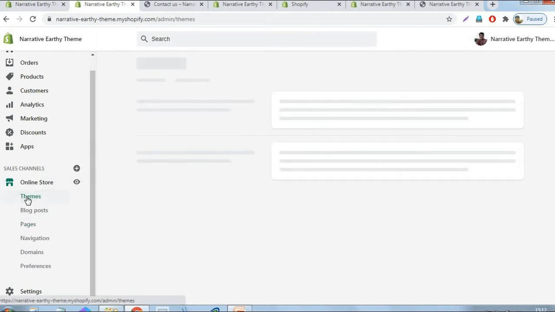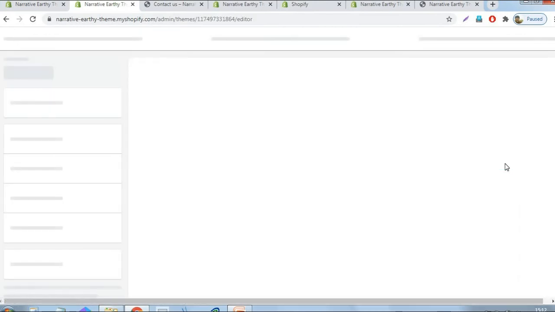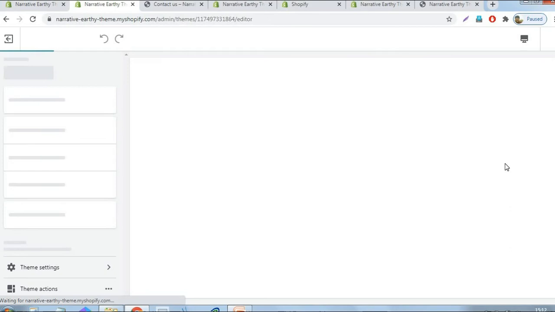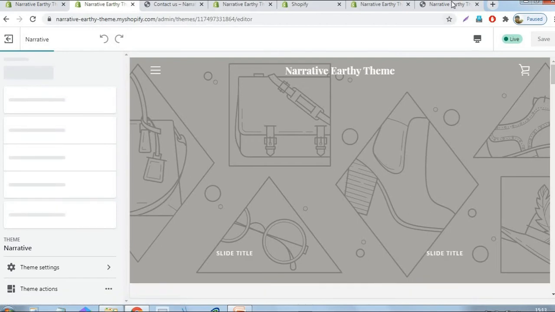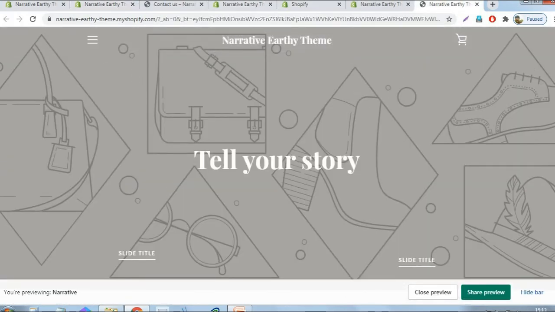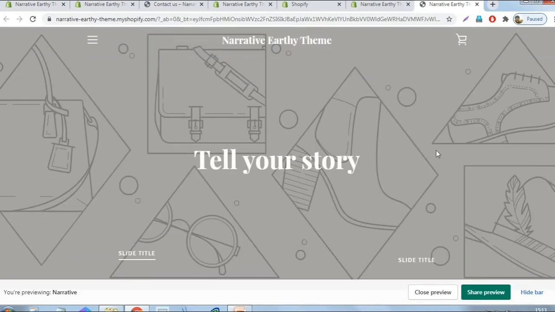Just click the themes link, then click the customize button. Here is the demo. Right now the store looks like this.